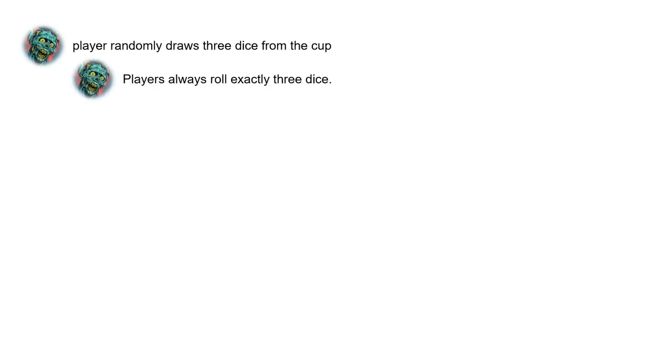Now how will it be played? What are the rules? The player will randomly draw 3 dice and he will roll them on the table. He will see how many, and every time he has to roll only 3 dice, not 2, not 4. He will count up the brains and shotguns. It's as simple as that. How many brains he got on the dice, how many shotguns are in there, among the 3 dice.